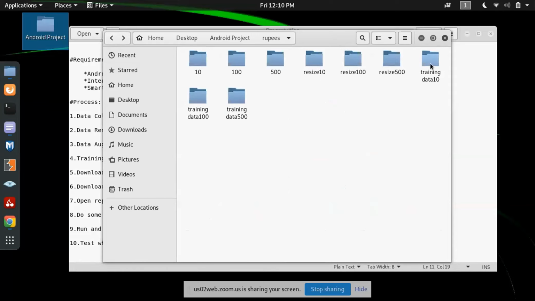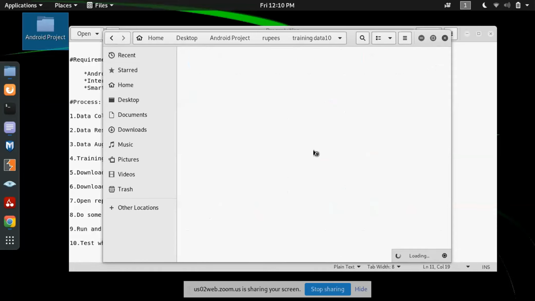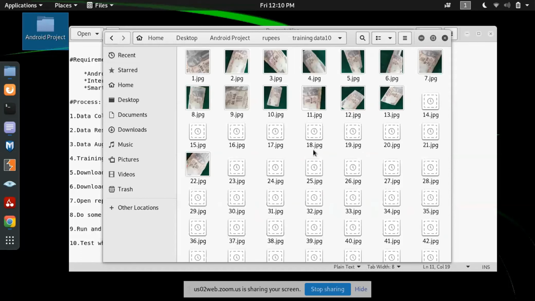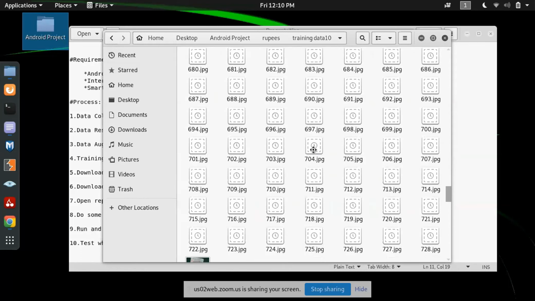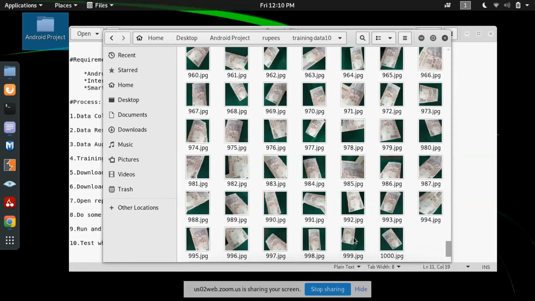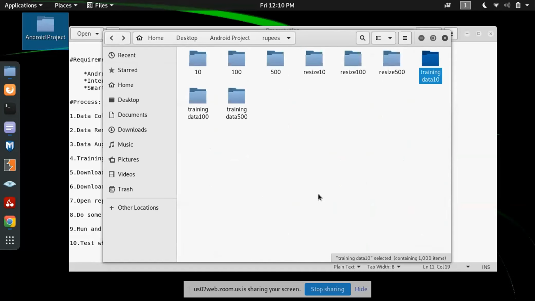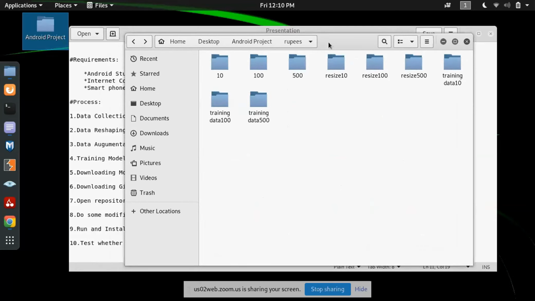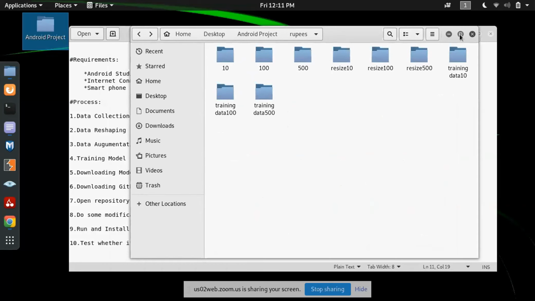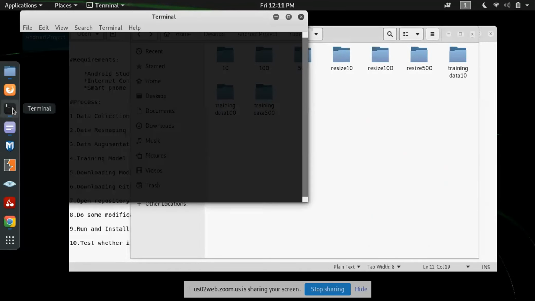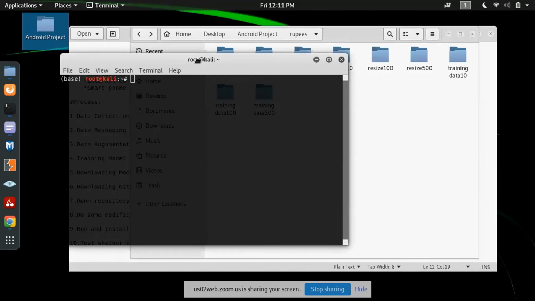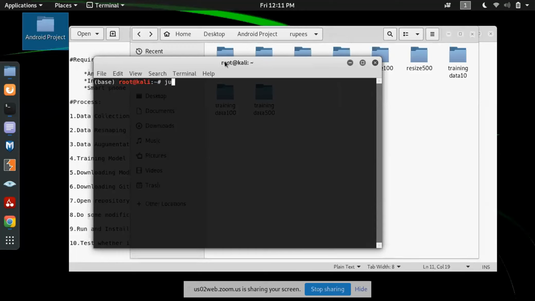I have prepared a training dataset, and there are approximately 1000 images. Yes, here there are 1000 images. I converted those 50 images into 1000 images by using a process called data augmentation. There is a generator which is used for generating the data. I'll show you the process. One second. I will open the Jupyter notebook and show you. Actually I am using Linux, so it will be somewhat difficult for me.